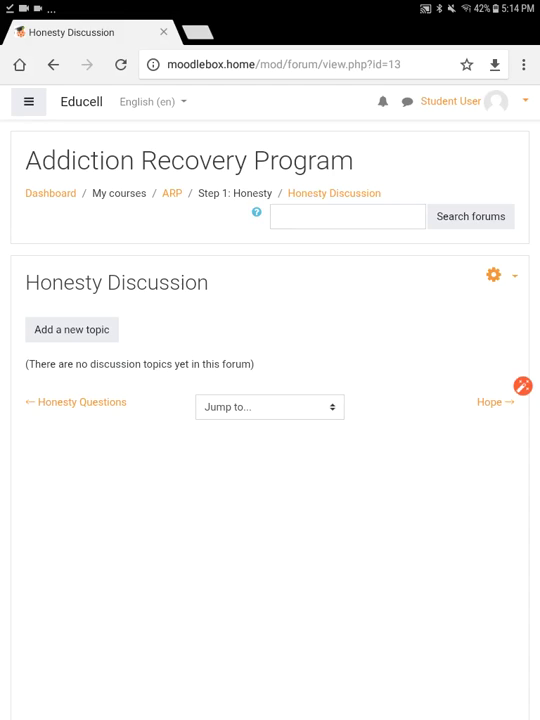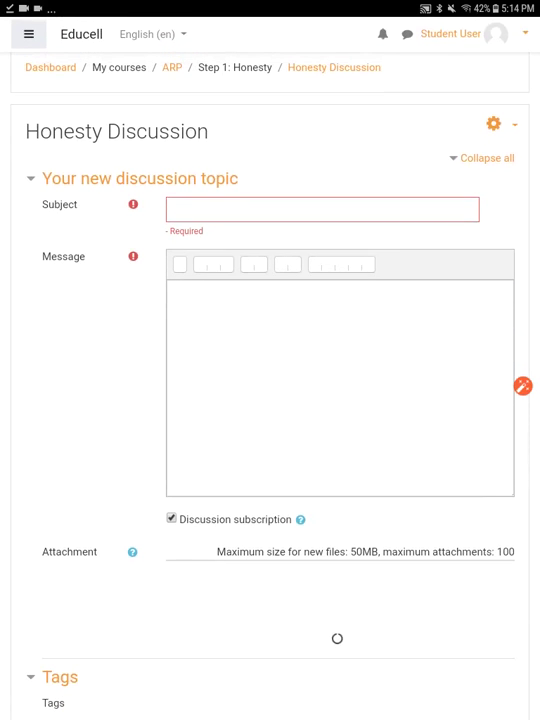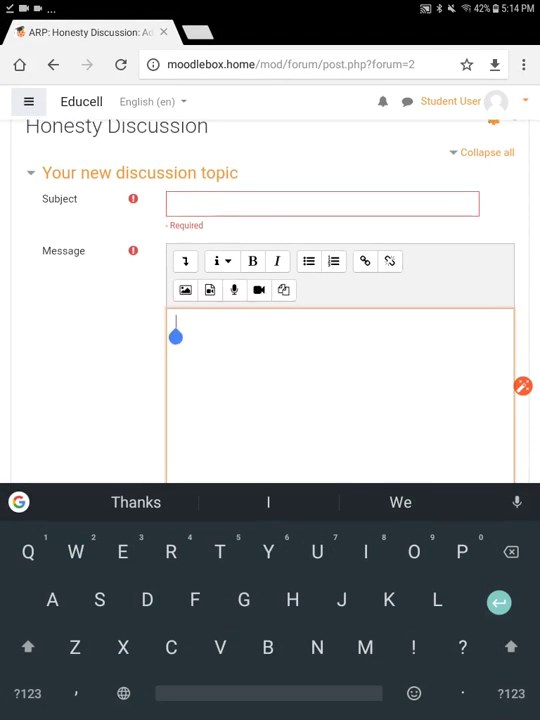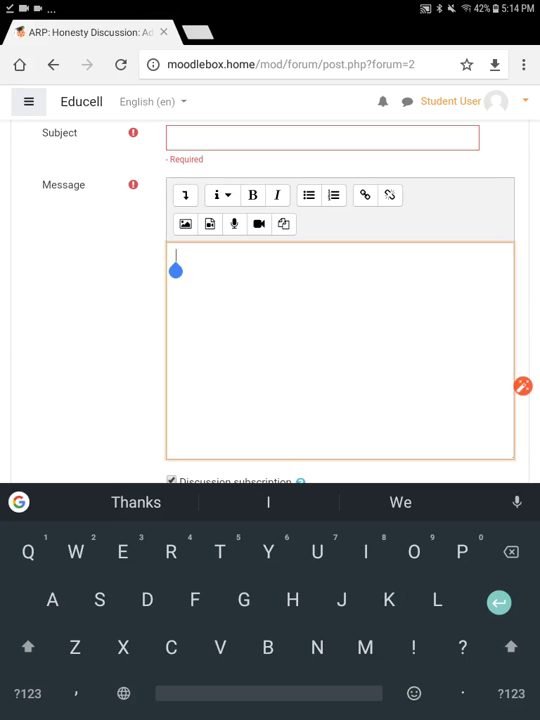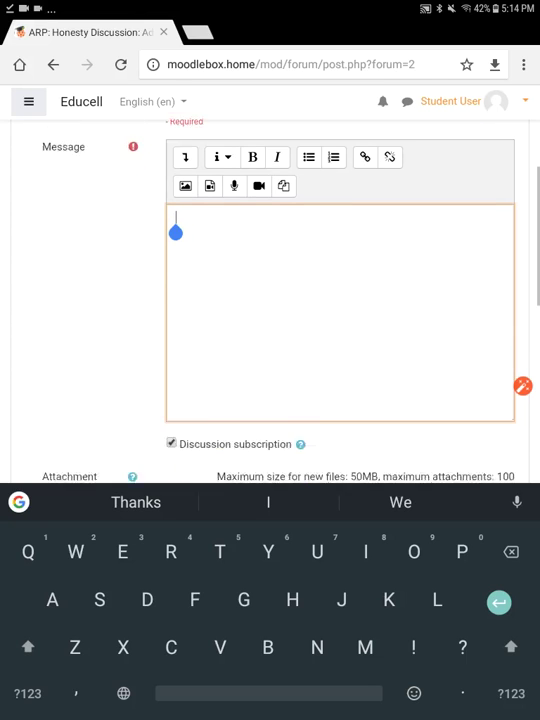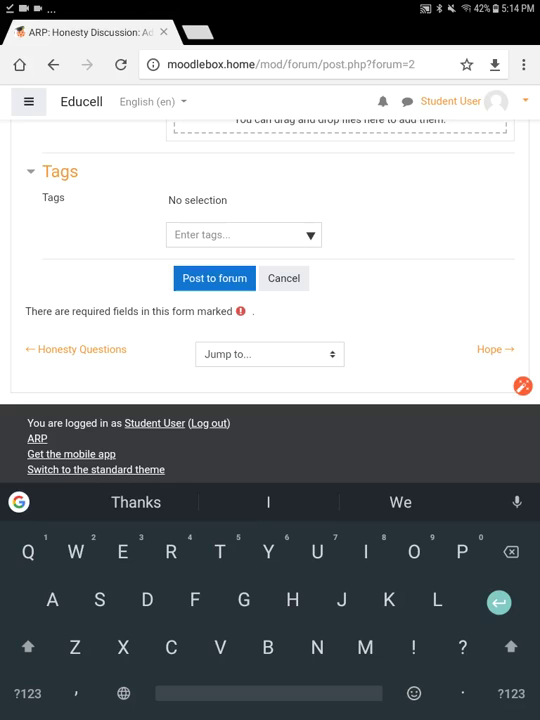So here there are no topics that have been started yet. If there were, I'd be able to see them and join. There's not, so I'll click on Add a New Topic. And here I would be able to add a subject for the topic, and then I would be able to type my message. You can see these red circles with exclamation marks on the side. That means that those fields are required. I have to type something there to be able to submit a response. And then I would click on Post to Forum,